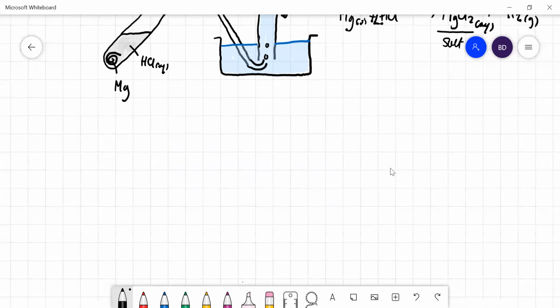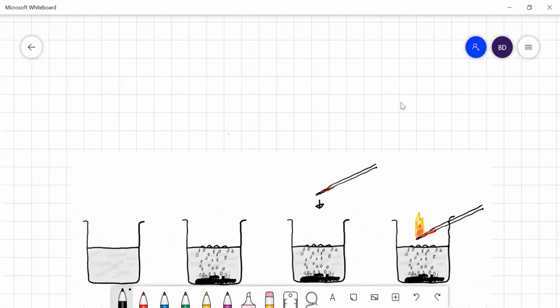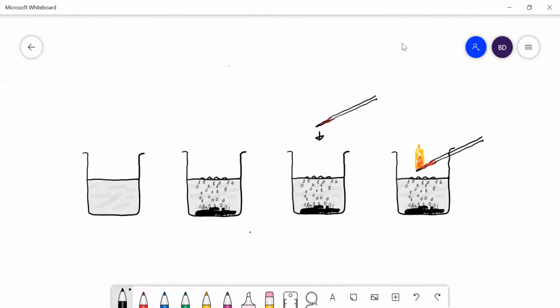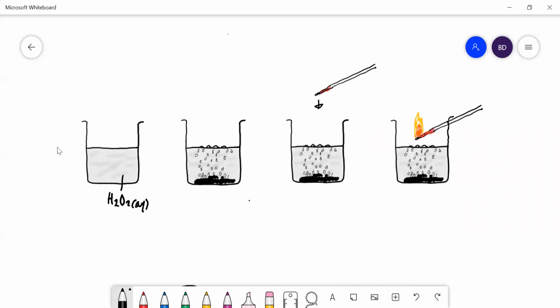Right, let's talk about testing for oxygen then. Here you can see relighting a glowing splint. In that beaker there, we have a solution of hydrogen peroxide, H2O2, in aqueous solution. Now hydrogen peroxide decomposes very slowly, according to the following equation, it will give you